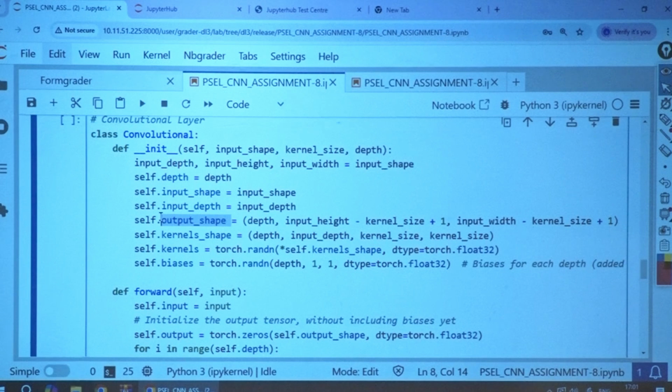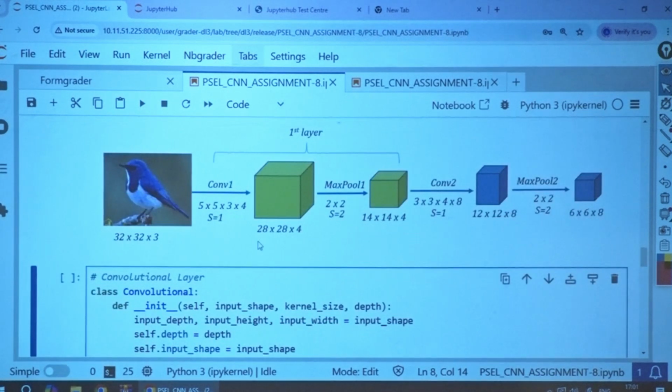Now the input shape, input depth, and output shape are defined. What is the output shape? How many channels have we applied? This picture will help you, as I explained in the previous session. I cannot repeat again and again. I told one important point: assume this channel notation is as per torch compatibility. You are supposed to consider this as 3 by 32 by 32, and this filter operation: the 5 by 5 is the filter size, 3 is the color channel, and this 4 is the number of filters, nothing but your depth. 4 filters I am applying. You need to assume 4 by 3 by 5 by 5 as the compatibility for the torch tensors.